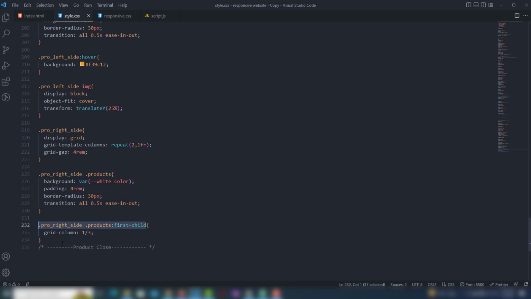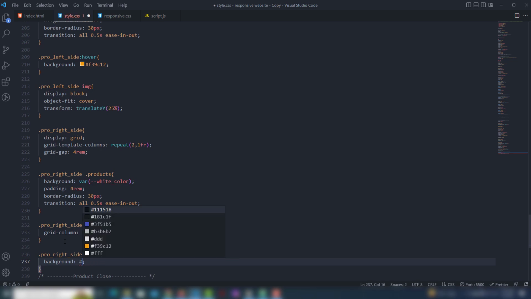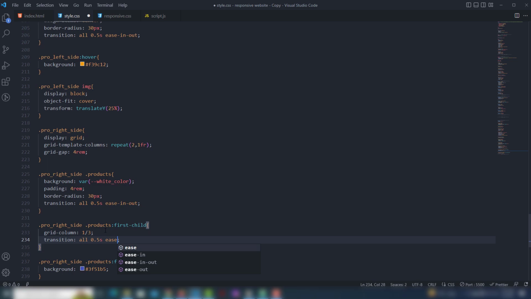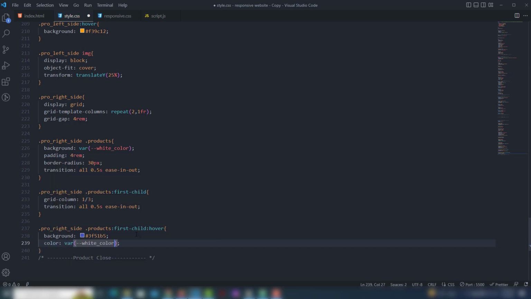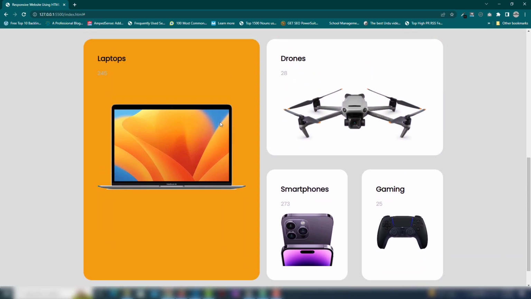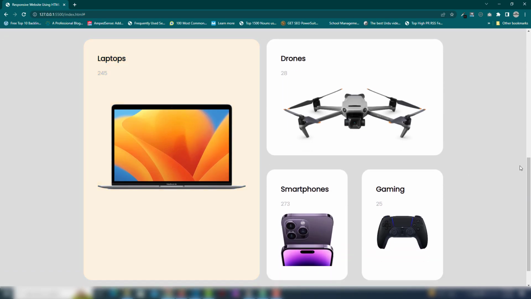So I will select that and use the hover effect, and the background will be hash 3f51b5, and also I will use the transition all 0.5s ease-in-out, and then the color will be white. So let's see, right? Okay, I think the image, okay, I will manage that. Right. Okay,